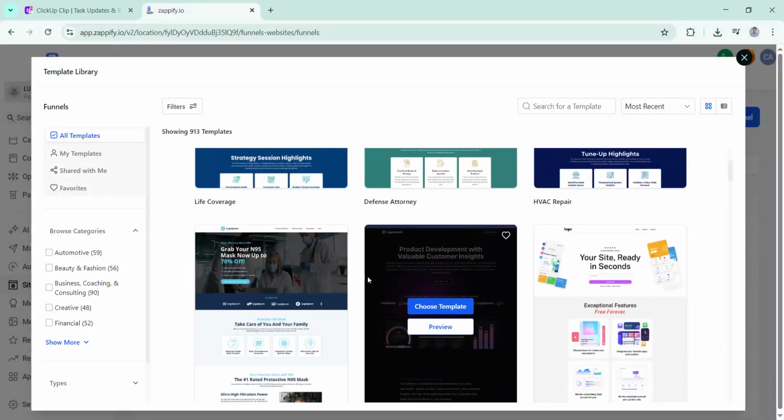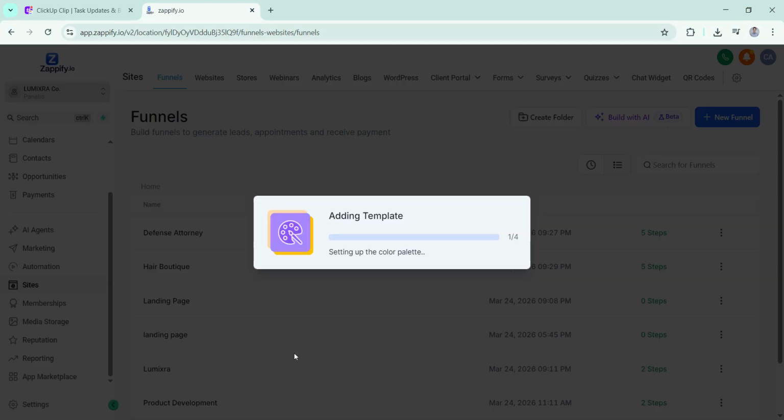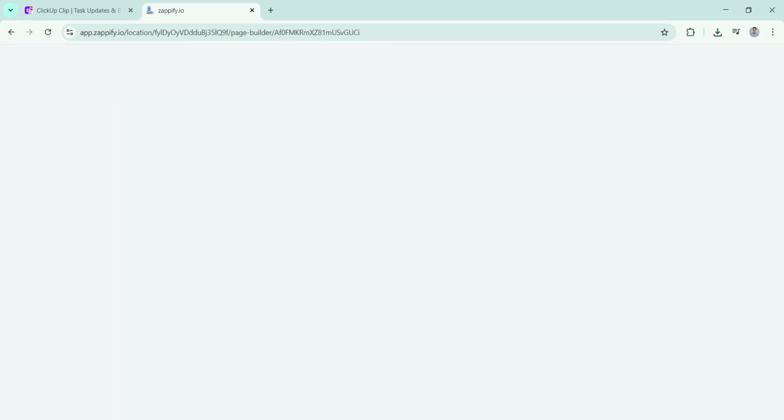So let's choose this template. Okay, let's wait for a while.